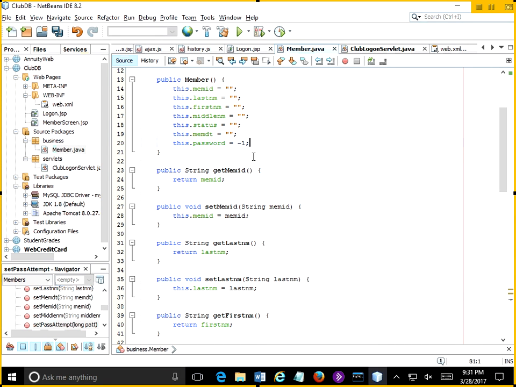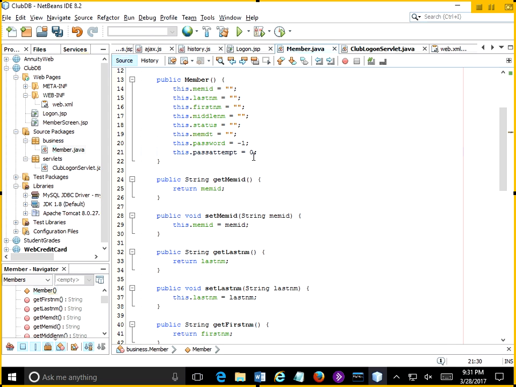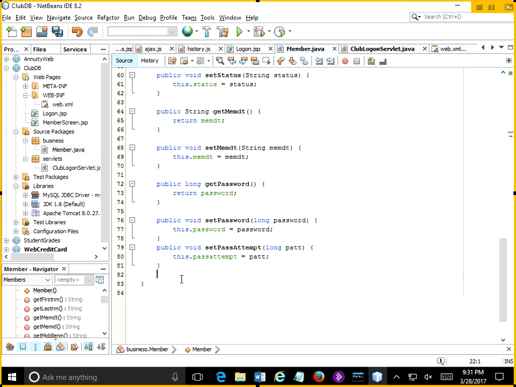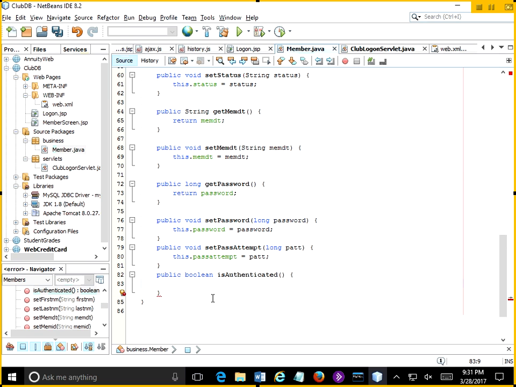And I better set it to a 0, I guess, in the empty constructor. So up here, we set password to -1. I'm going to set password attempt just to 0 to indicate no attempt is seen yet. And then I'm going to create a method called isAuthenticated. So if you have a Boolean-based method, is is the keyword that you use even in a bean. So public Boolean isAuthenticated,